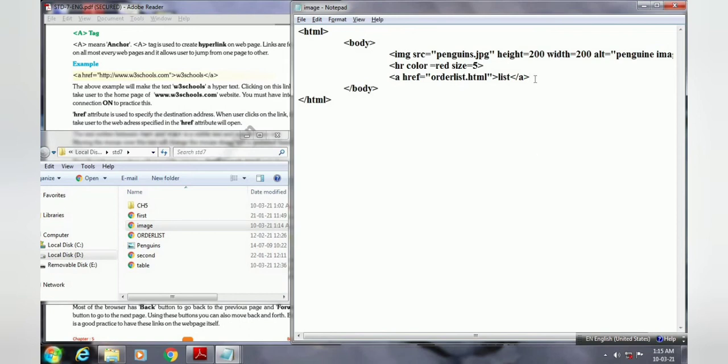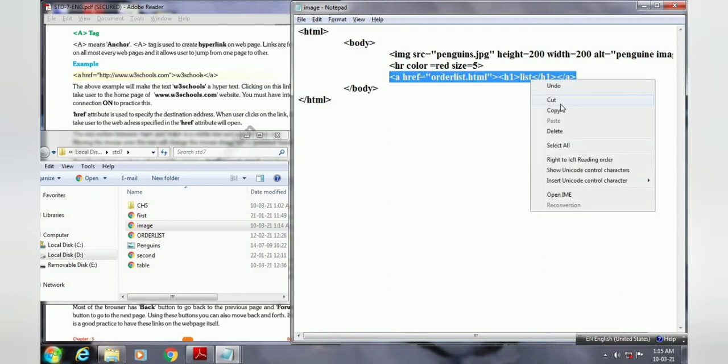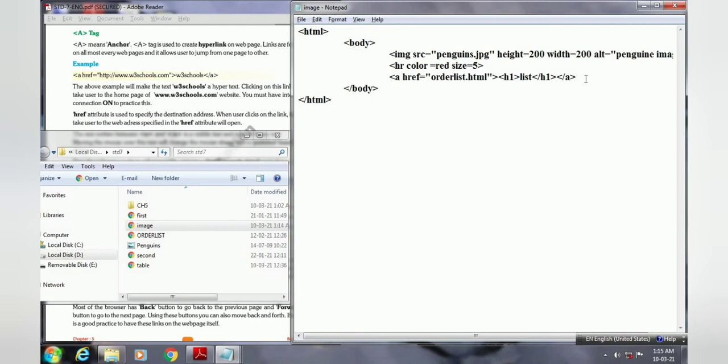Now in the same way we will create the list for each and every document that we have created over here. And if you want this content visible with the biggest font size, then you can use the H1 tag. So then it will be visible with the biggest font size. Closing H1. Now we will copy this href attribute. Select this one, then copy and paste it. How many times will we paste? Control V, Control V. With the tab key, you take it to the same line.